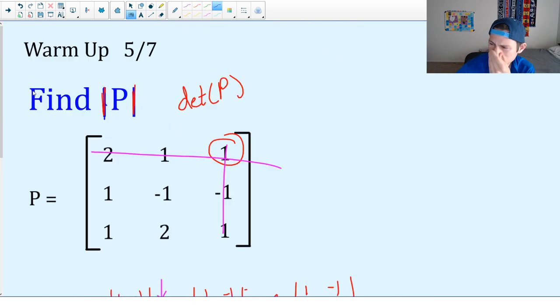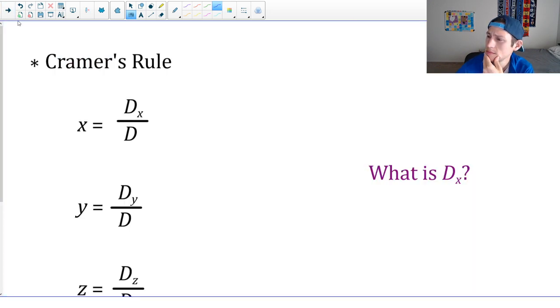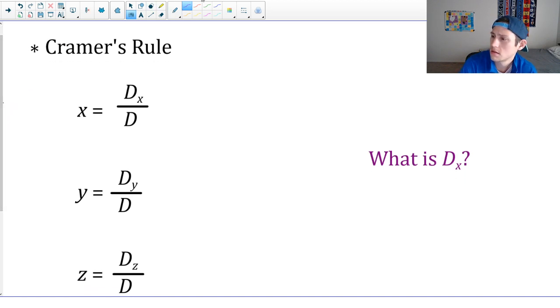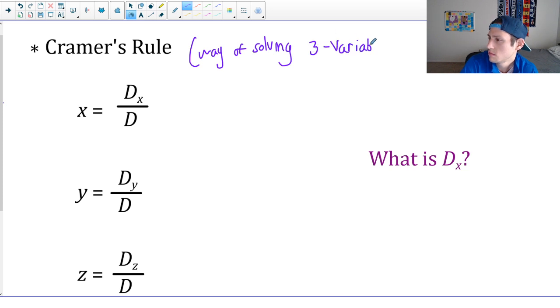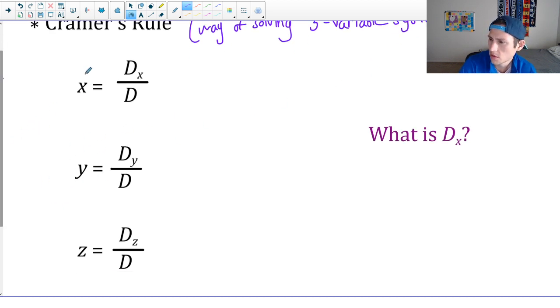Okay, so let's go through and talk about Cramer's rule. All right, so Cramer's rule is a way of solving 3-variable systems. Okay, so for example, if I need to solve for x, y, z,